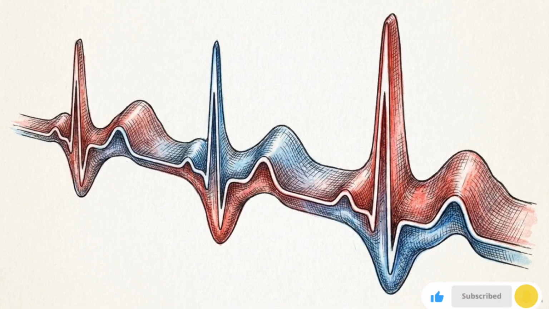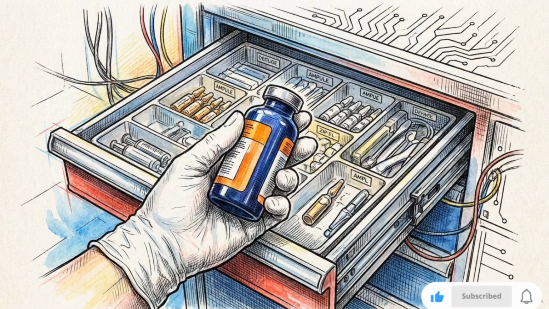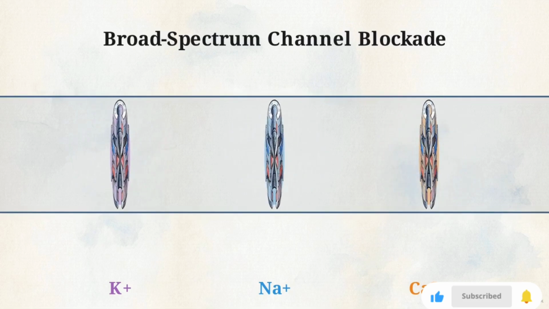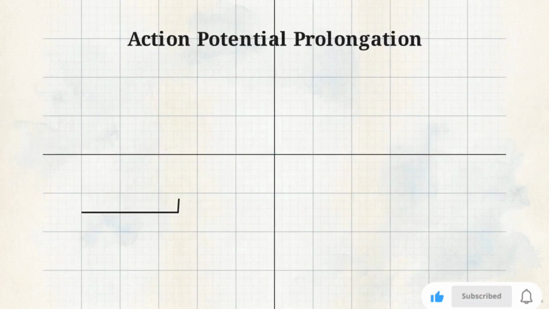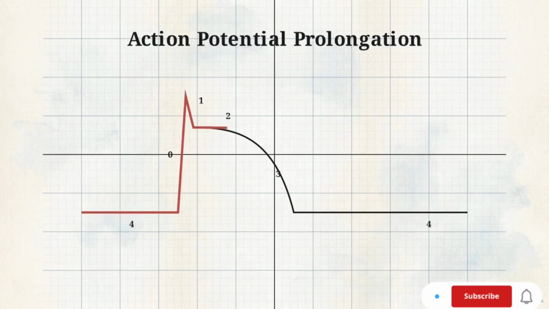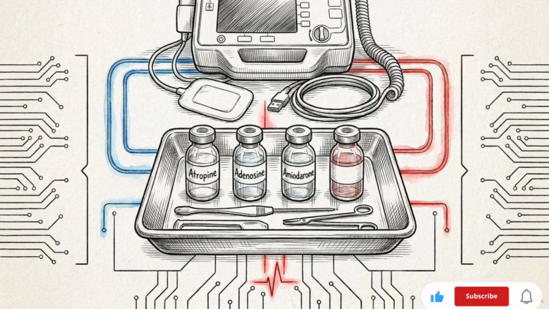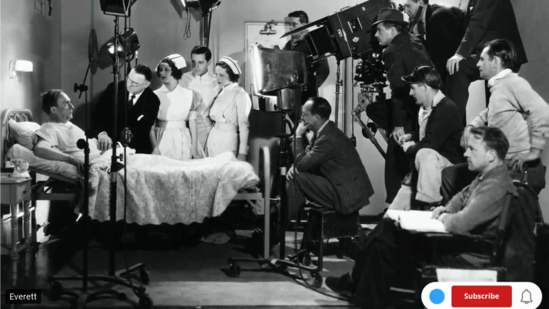However, if the monitor shows a wide QRS complex, the abnormal rhythm is likely originating deep within the ventricular muscle tissue itself. These rhythms, like stable ventricular tachycardia, require heavier pharmacological intervention. The algorithm points to amiodarone. This drug acts as a broad-spectrum blockade, inhibiting potassium, sodium, and calcium channels simultaneously. By slowing down the flow of these ions, amiodarone forcefully prolongs the time it takes for cardiac cells to recharge. Stable tachycardia is managed by deploying specific chemical resistors that tune the heart's electrical timing, avoiding the immediate need for